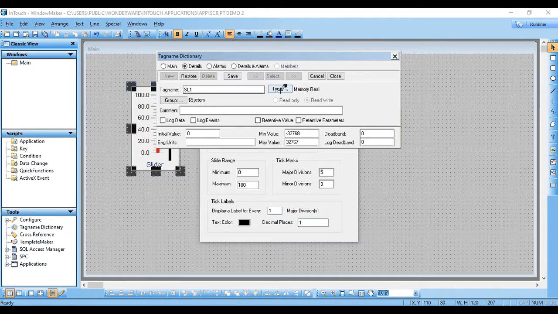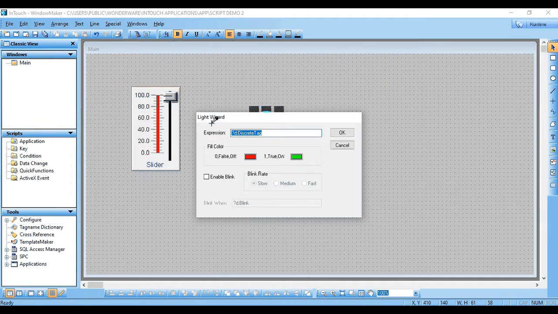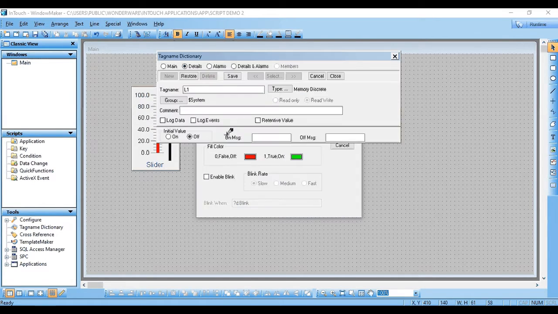You can pick any tag name. Memory real will be fine. For the light wizard, tag name L1. While it is off, it will be red, and for on true, green. So memory discrete, save.